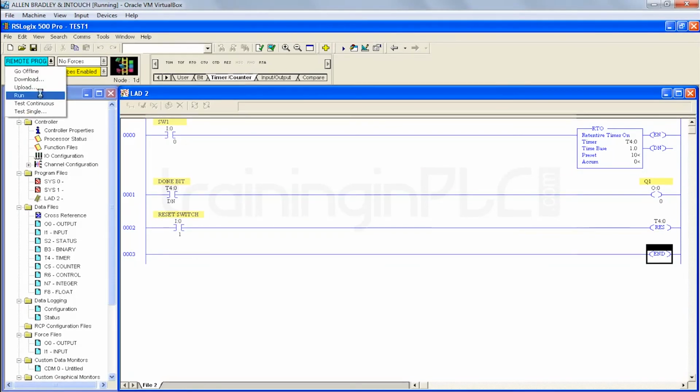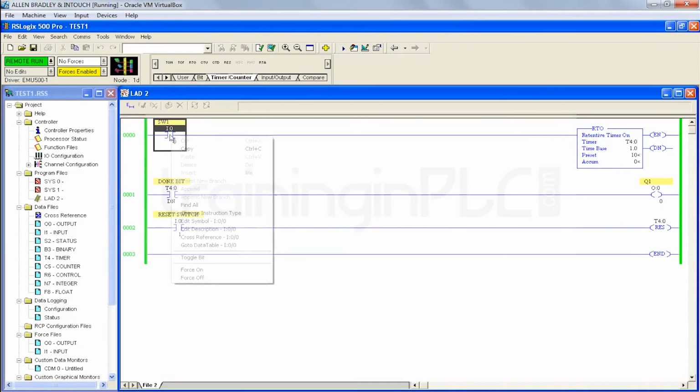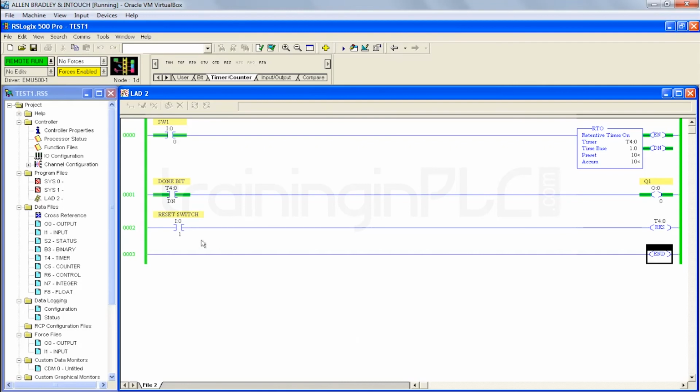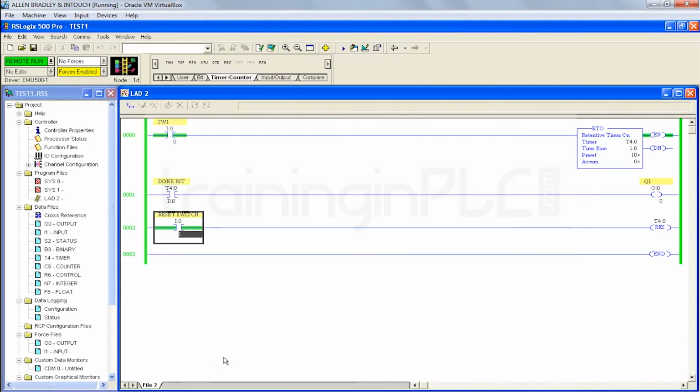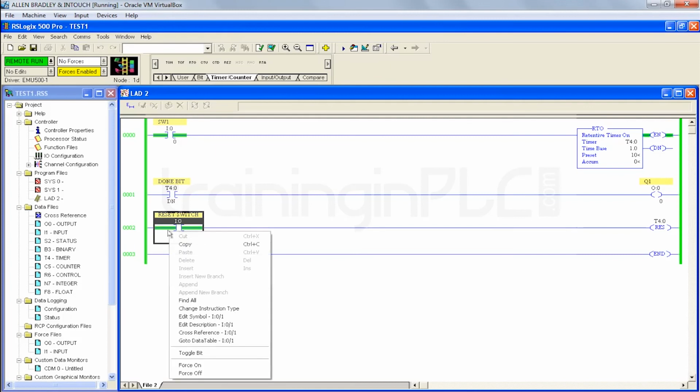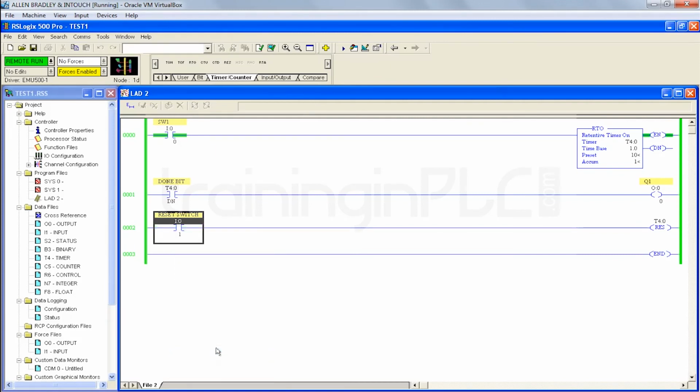Go for run. Turn on now. It will be running. After 10 seconds your output will be on. After that, if you press the reset, what is happening? The accumulator value goes back to 0 and you need to turn it off again. Again it will start, right? Because the reset switch should be like a push button. You need to turn it on and turn it off the next moment.